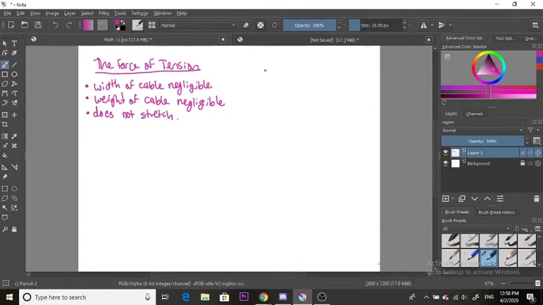Tension is the force that occurs in a cable or in a string, and it's a pulling force. Imagine if you were playing tug of war, you have two opposing teams, you're both pulling on the rope, trying to drag the other team across the line. The rope is super taut, and that's because there is a pulling tension force applied on both ends of the